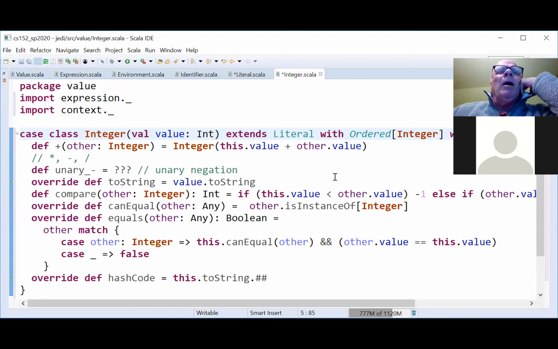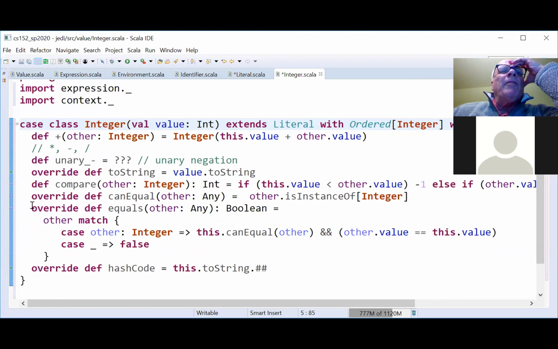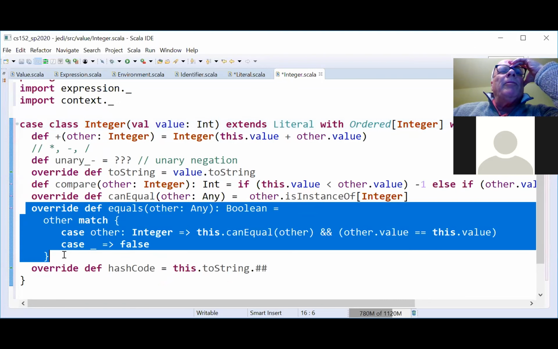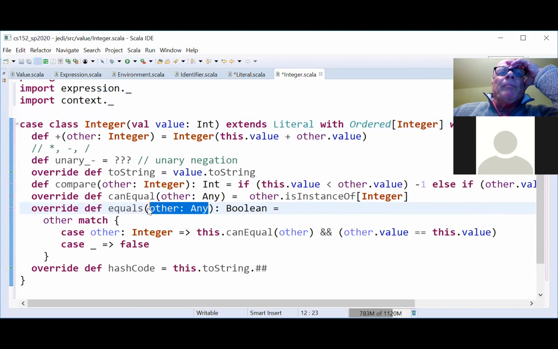So we can see down here, I've got my override of equals. If other isn't any here, some of you missed that on the midterm exam. So equals takes an any as an input. The other is of type integer.